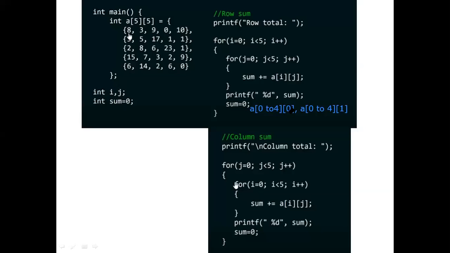I'll be erasing the part which I have written. Up to this I think you have understood. This is also one good example which you have to practice to understand the indices of a multi-dimensional array. The main part you have to understand in a multi-dimensional array is the index part, that is a of i j, how the value of i will change and how the value of j will change.